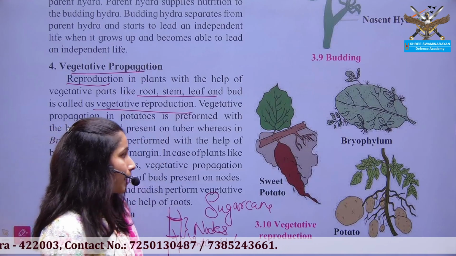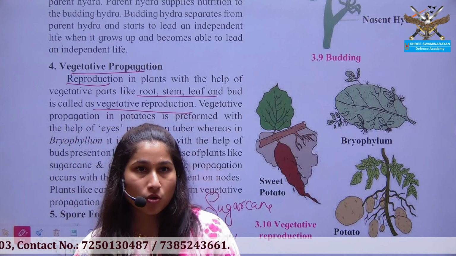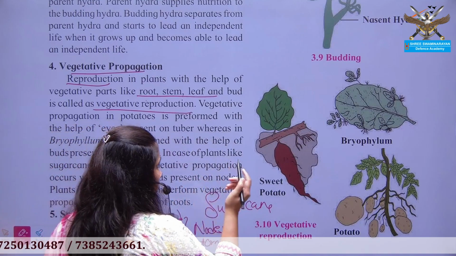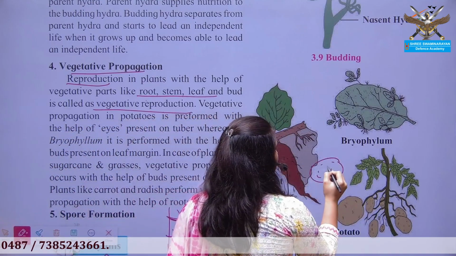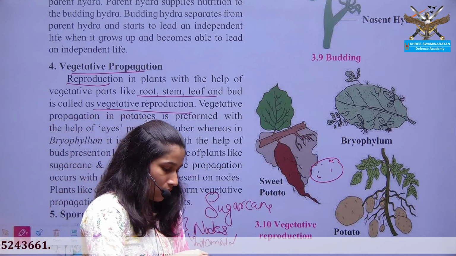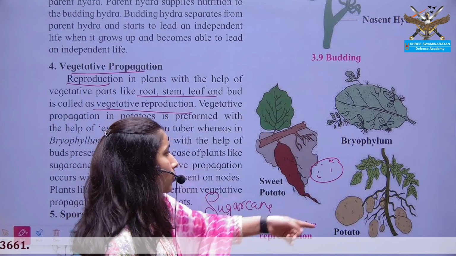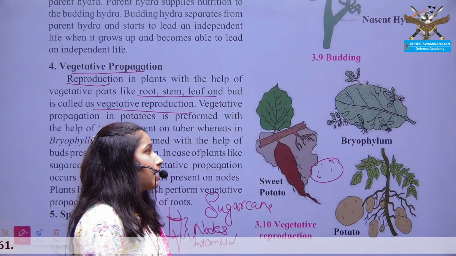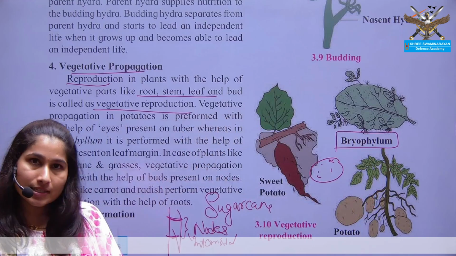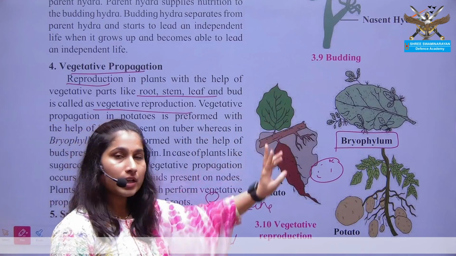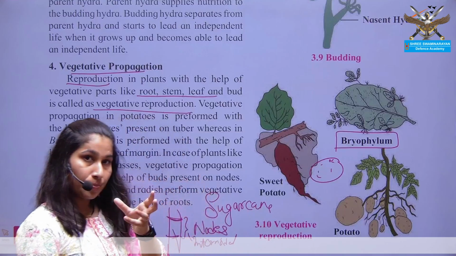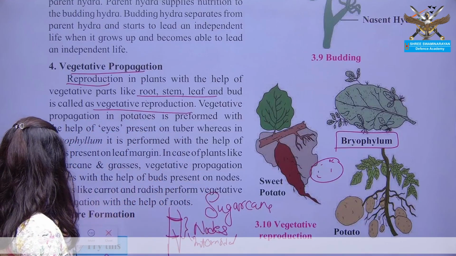Similarly, potato. Whenever you bring potato home, keep it for a week or two, and you start to see small buds on the potato. These are known as eyes, and if you cut open these eyes and sow them into the soil, you will get a new plant sapling. Similarly, in the case of Bryophyllum, the leaf is involved in the formation of a new plant. Here in potatoes, its tuber is responsible for the formation of a new plant.